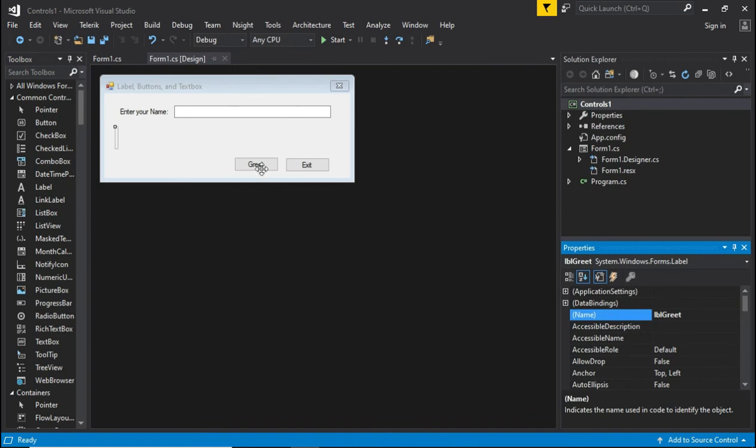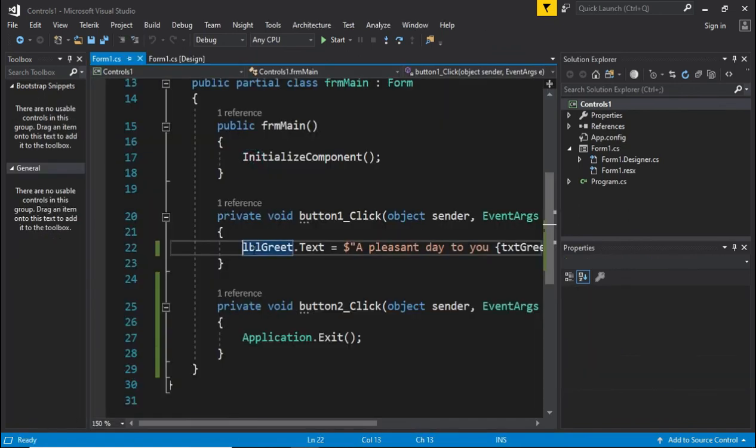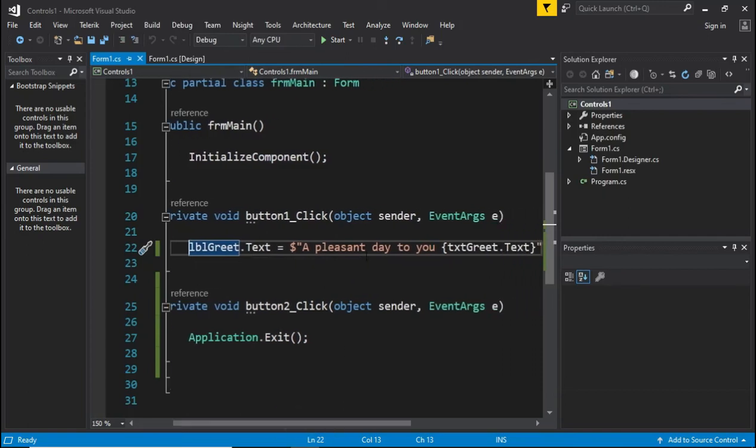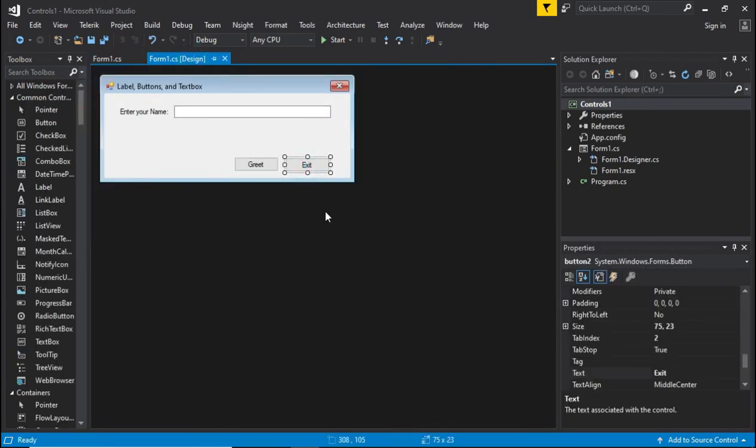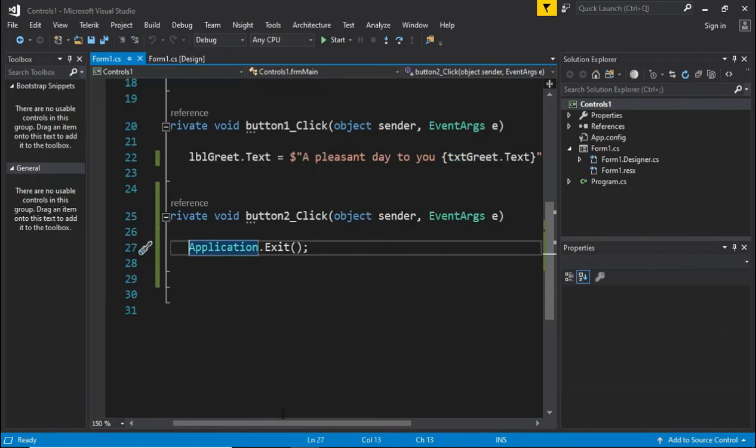And then we added some code inside of our click event of the greet button. So we wrote here lblGreet.Text will contain "a pleasant day to you" together with whatever the value of the text property of our txtGreet. And then we also do the same thing for the exit button. We added some code inside of it under the click event so that whenever we click this, it will terminate the application by writing